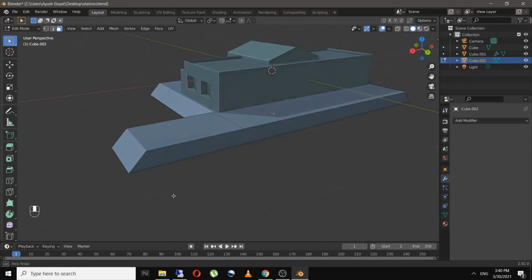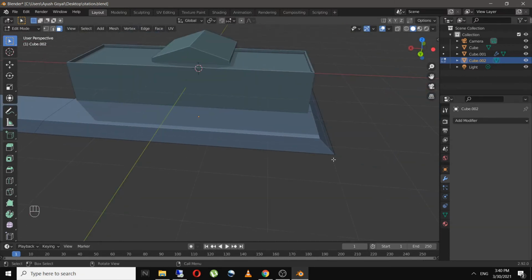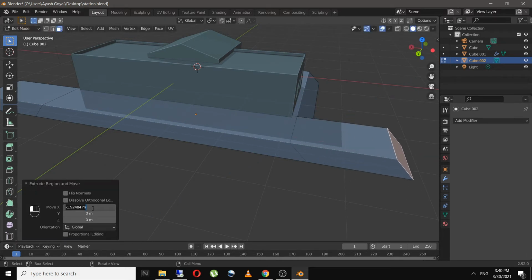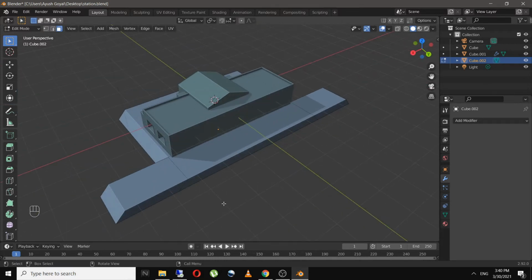And I'll repeat the same thing on this face. So as you can see, this looks like a platform now.